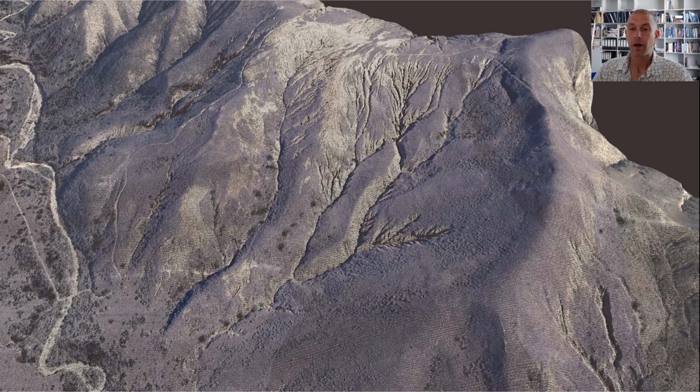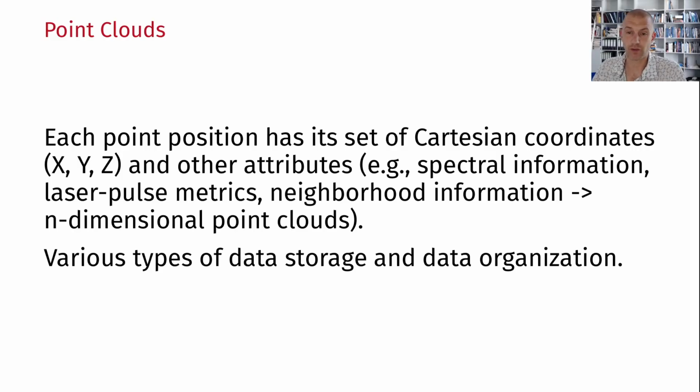Points. Point clouds are fundamentally different structures. Here you see a view of a point cloud from an area that has been heavily influenced by erosion, and you can see the individual points here that make up the structure. So this is neither a raster nor a gridded data set and contains a different set of information. So point clouds are